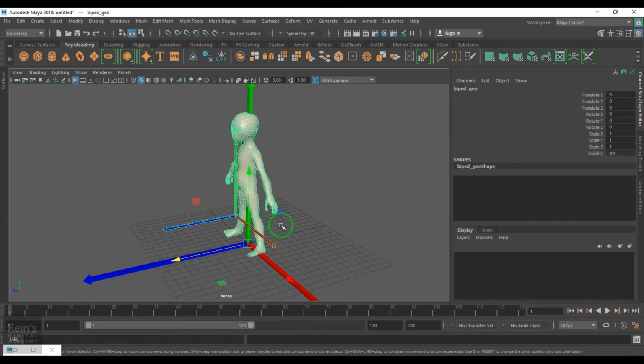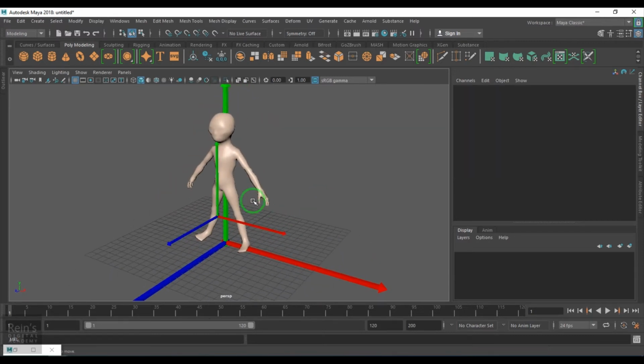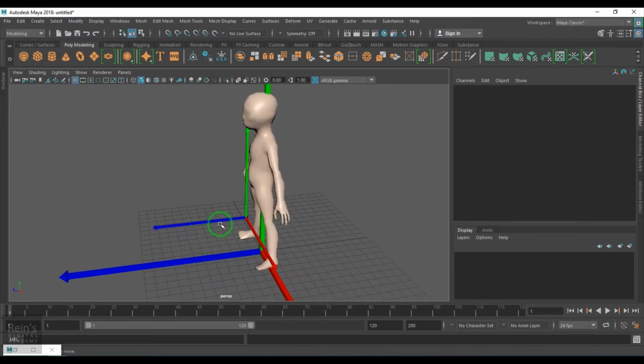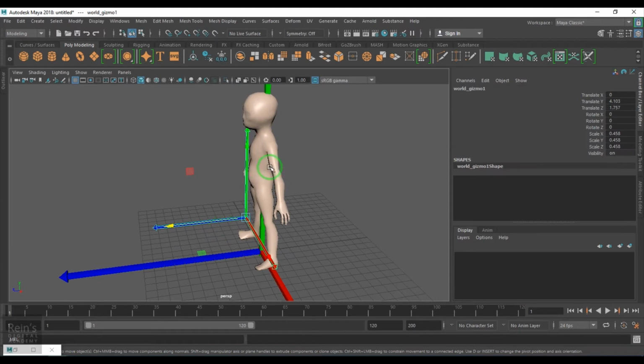So we have object space. Object space is the coordinate system of a space, and this space will always align with the object. Say if I rotate the object, then the coordinate system will also rotate along with it, and the x, y, z will change accordingly. Now in this case, I've got this character and I've created a gizmo which is the child of the character.